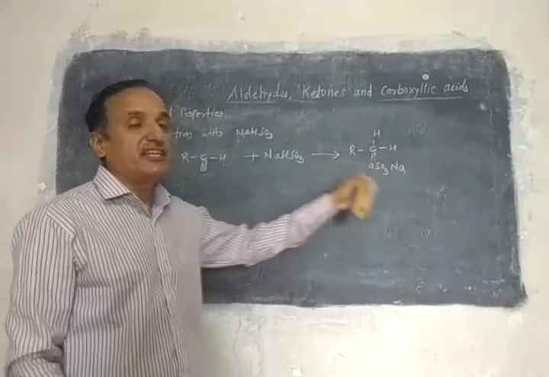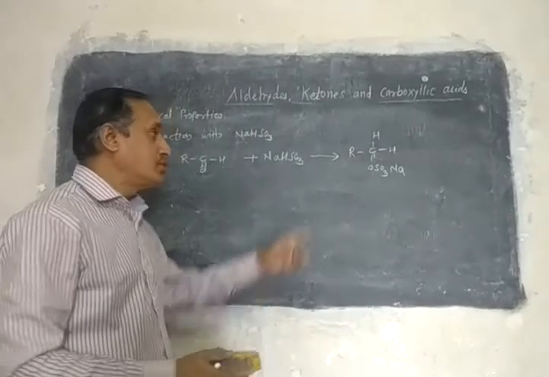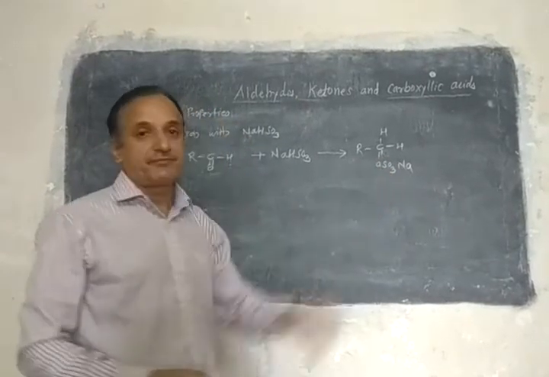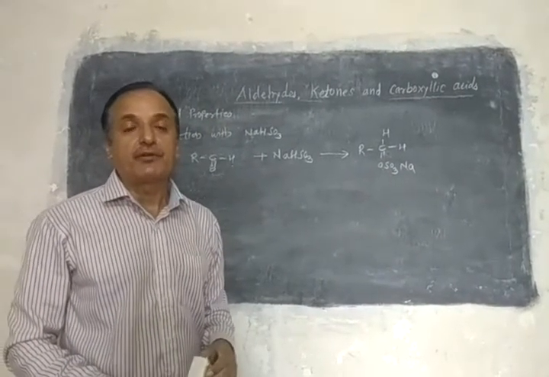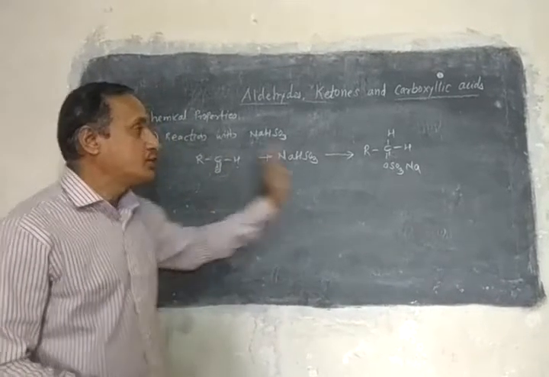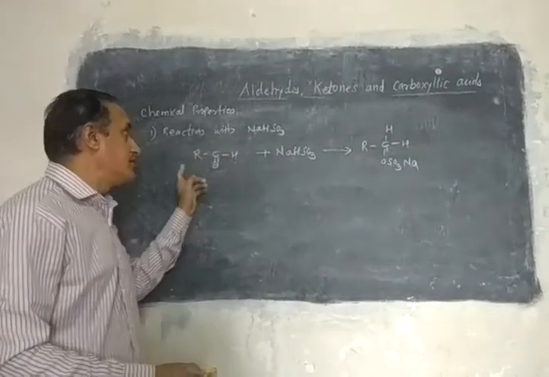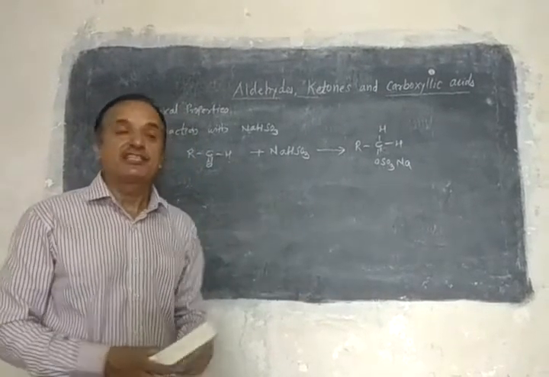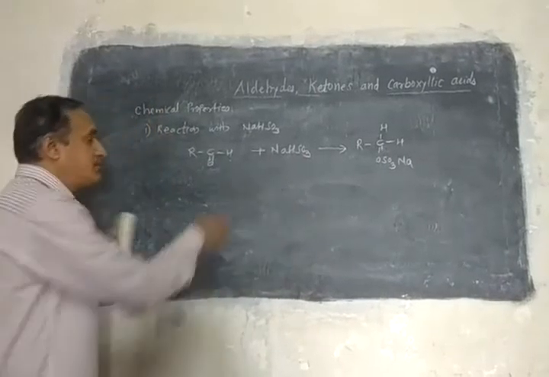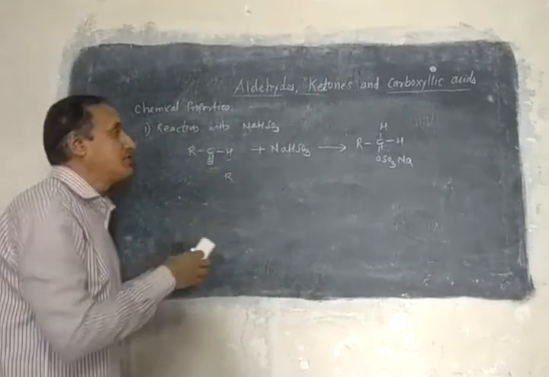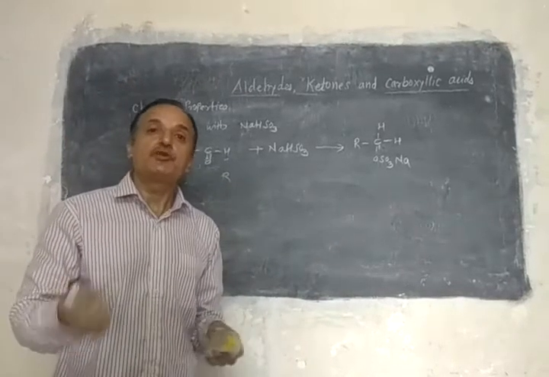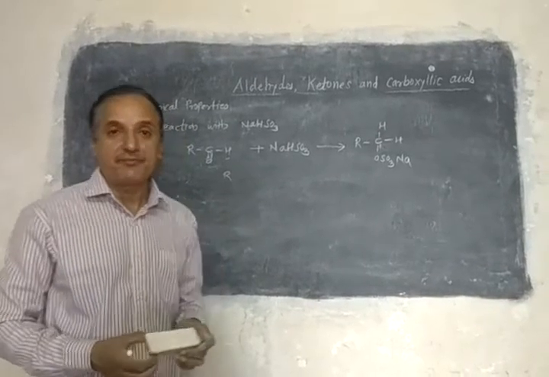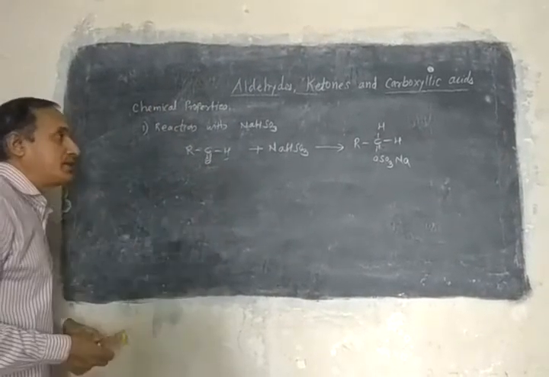Here also we get an addition product. With an aldehyde, it is the aldehyde sodium bisulfite product, and if we take a ketone, we get the ketone sodium bisulfite product. Only in place of H you can write R or R dash for the ketones. I am taking only general reactions. You can take different alkyl groups and write the product. Okay, that's about sodium bisulfite.